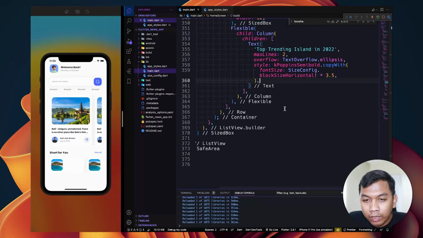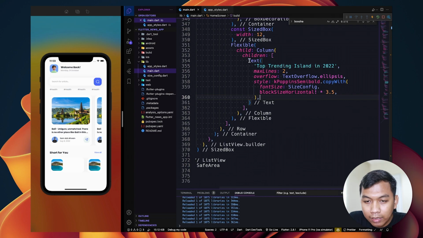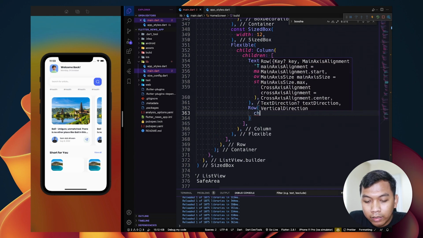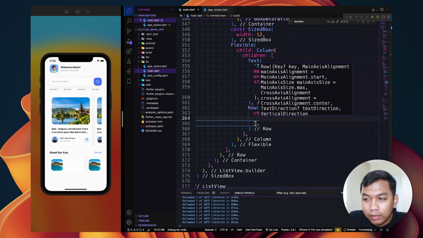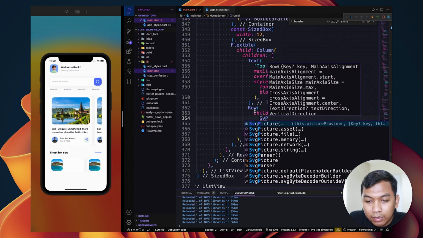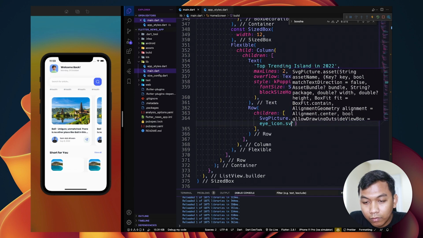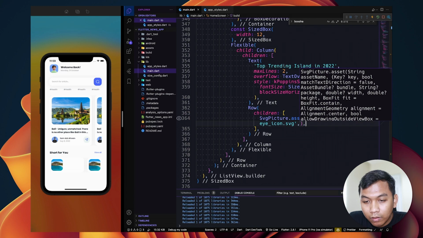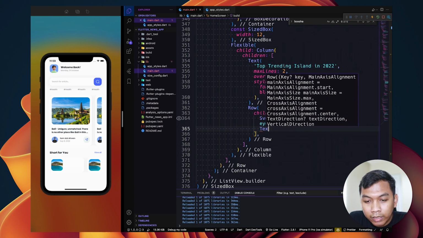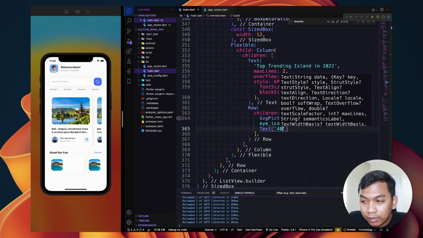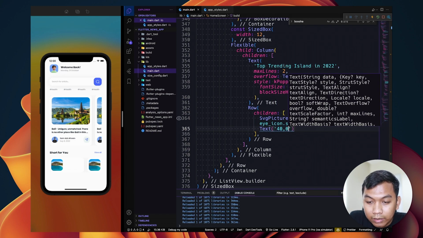And the next we will have inside this a row widget that contain SVG picture asset, and we call our assets and we say icon. And the next will be text widget, and we will have look like this.